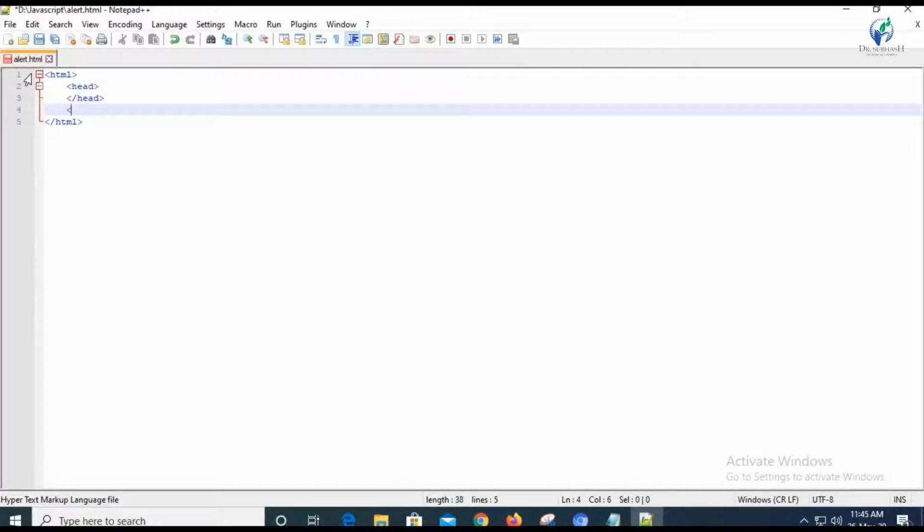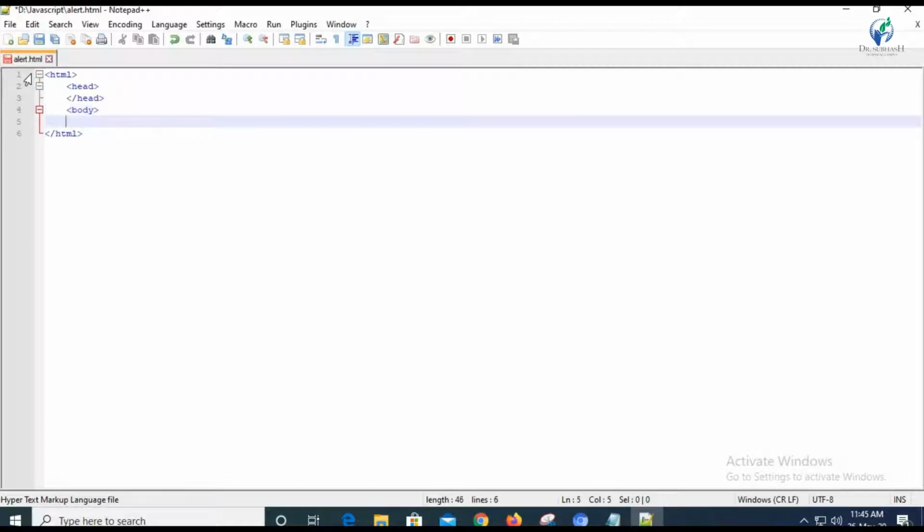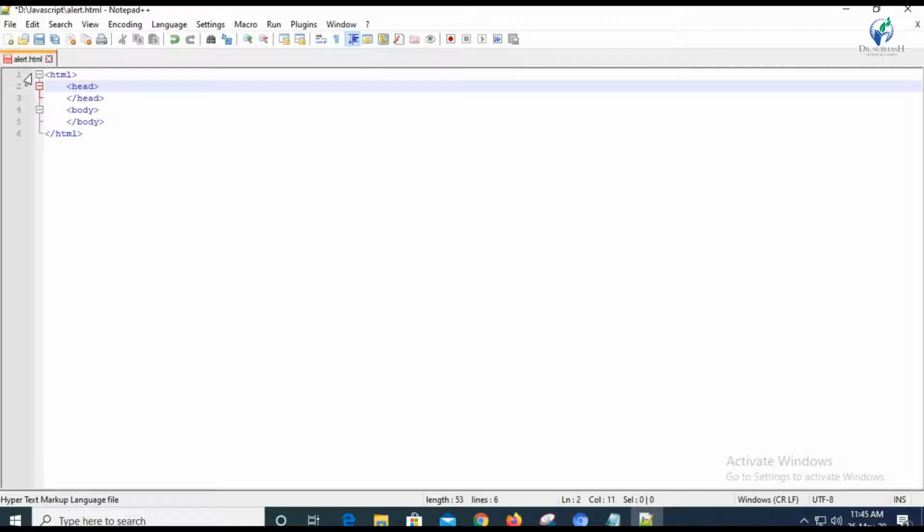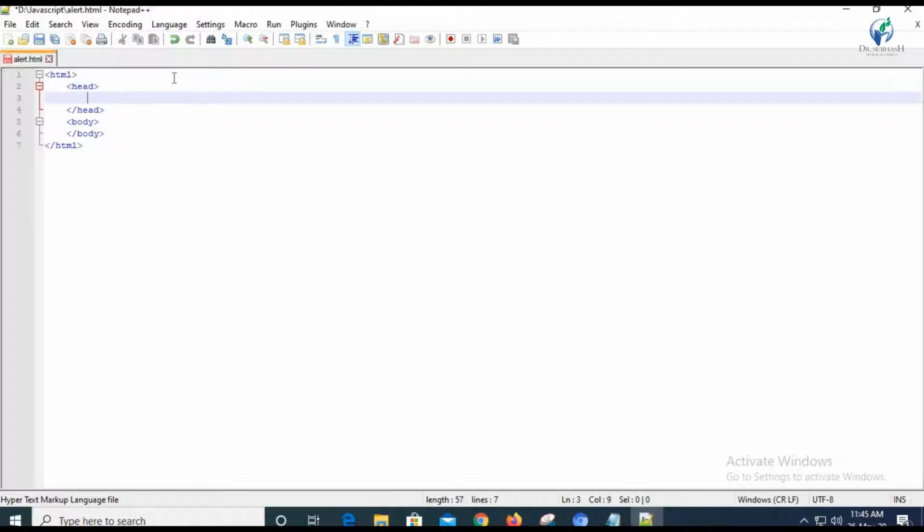It might be possible that sometimes we forget to close the pair tag. So it is best practice that when you open the tag, and if it is a pair tag, we close the tag at that time itself. So this is the basic structure of HTML. You all know HTML has a head section and the body section. In the head section, I am going to write the title tag. Inside the title tag, I'm going to give a title of the page, that is alert box.